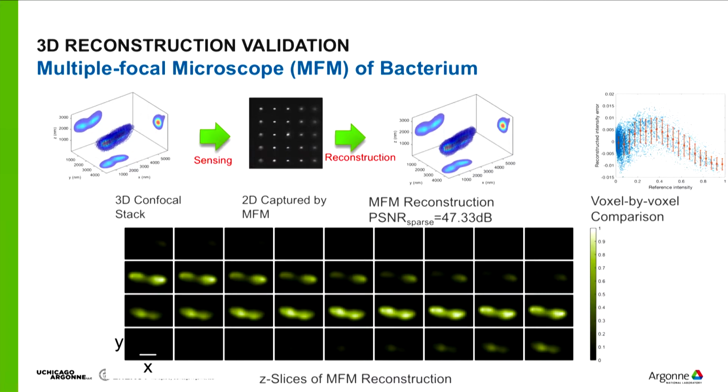So what we did is we actually took fixed bacteria, we took a confocal stack, and we used that as our reference volume, and we used all sorts of things that you do. You add noise, you push it through the forward model, and that allowed us to do things like look at the impact of noise. For the optimization folks in the room, we have all the different assumptions we made, the priors, our regularization parameter, and we're allowed to explore the space and figure out how well things worked. But the advantage here is that then we can do a voxel by voxel comparison of photons in and photons out. So this is the volume that you had, the confocal stack, and what you see here is in this voxel by voxel comparison,